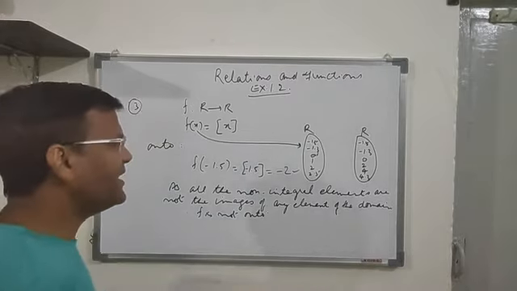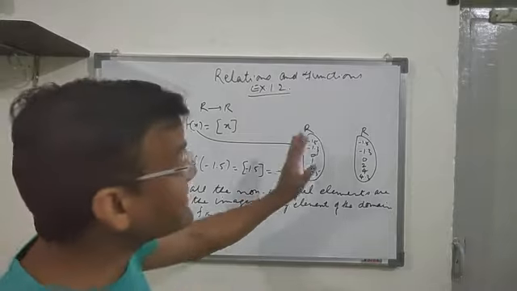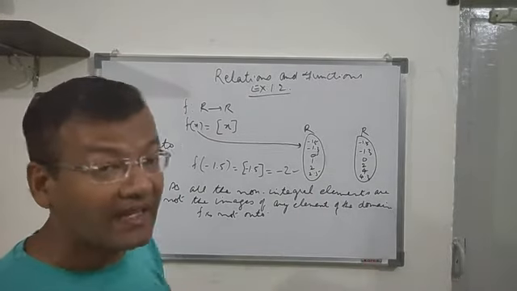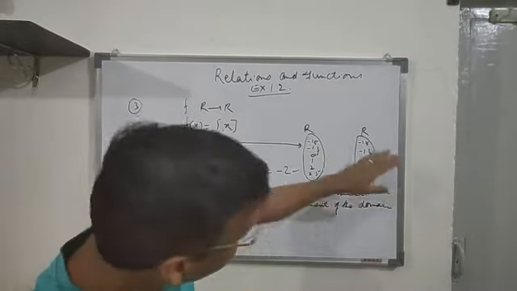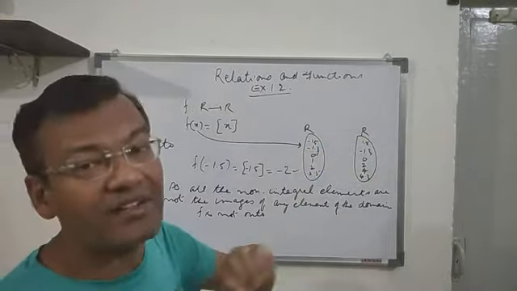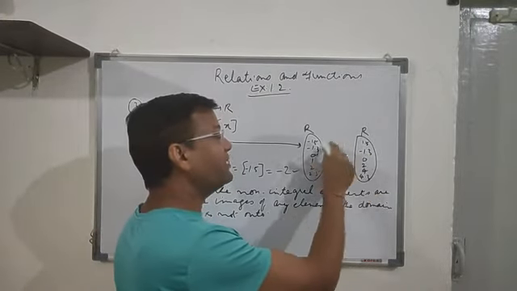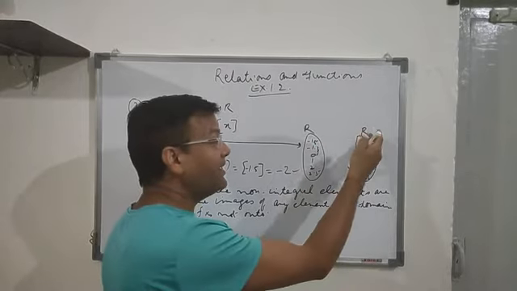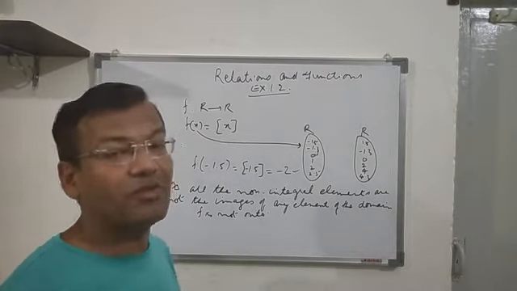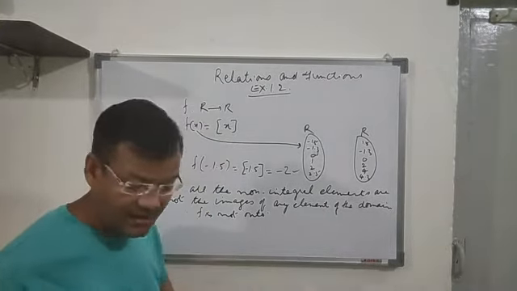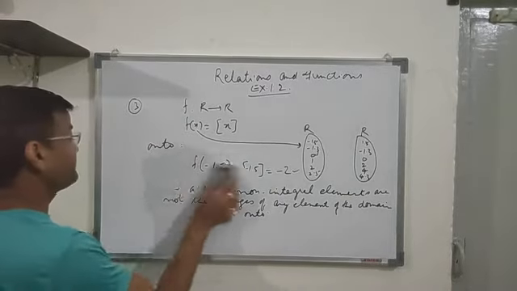That means if I take any element from the domain, its image leads to an integral value. That means all the non-integral values will remain unassociated, they will not have a pre-image. Minus 1.3 will not have any pre-image in the domain. Similarly, all the non-integral values, that means the fractional or decimal values, will not have any pre-image. So this is the reason that it is not an onto function.